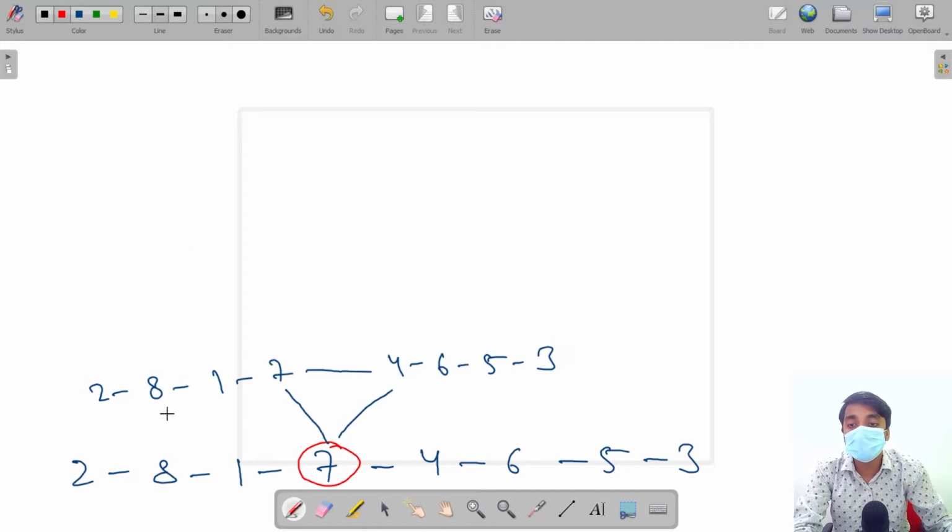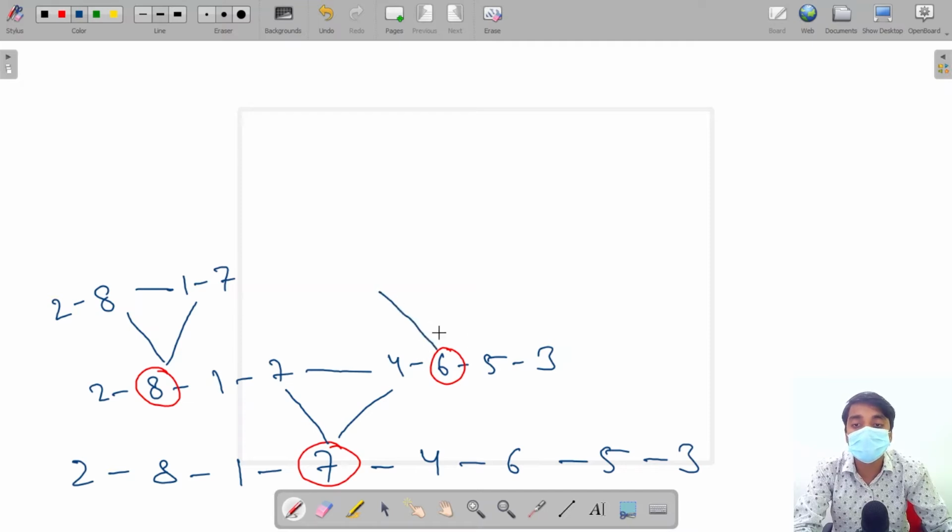Now, this will find the mid of that list from head to tail. And same for this. The mid is 6. Now again two calls. One from 2 to mid, that is 2 to 8. Another from mid dot next to the tail of the list. Here the tail is 7. So this will go from 1 to 7. These are connected. Now for this, 4 and 6, here 5 to 3, they are connected.